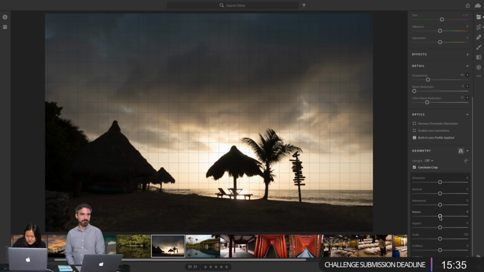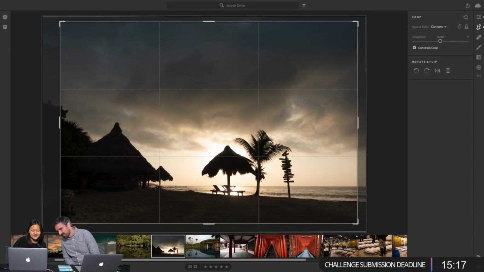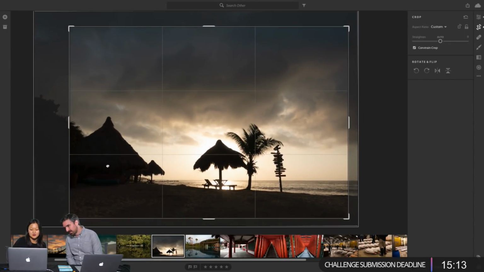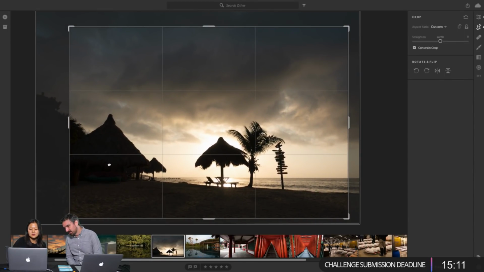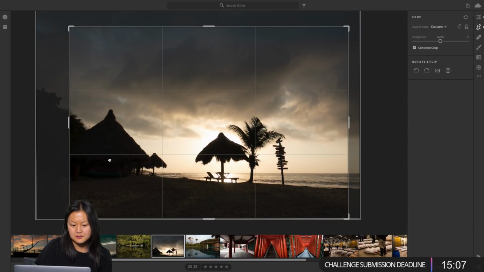So I'm going to rotate ever so slightly. That looks pretty good. And then I want to crop it because, like I said, I apparently selected the wrong image to include. I don't really like the wall on the left side, so I'm just gonna crop. I'm gonna see what it looks like. It's a very dramatic crop. I wouldn't normally crop so much off an image, but why not?